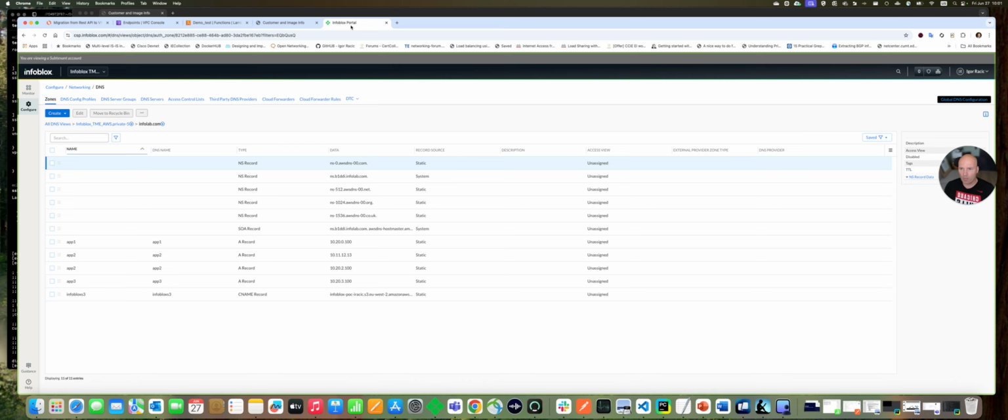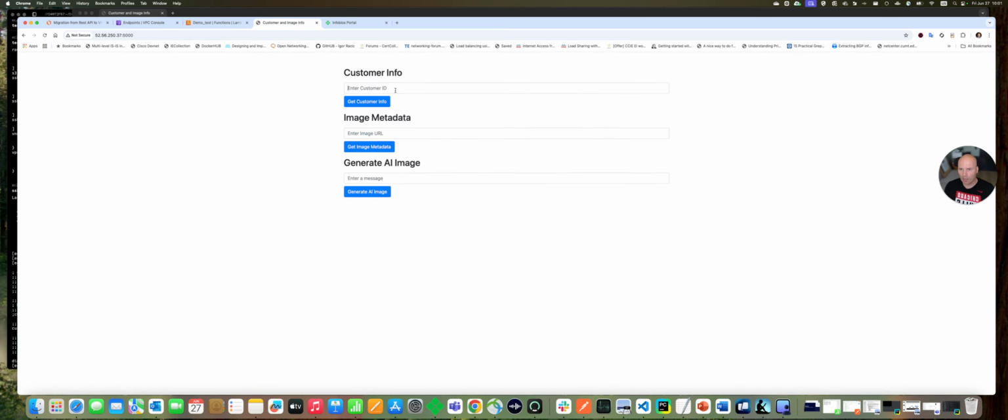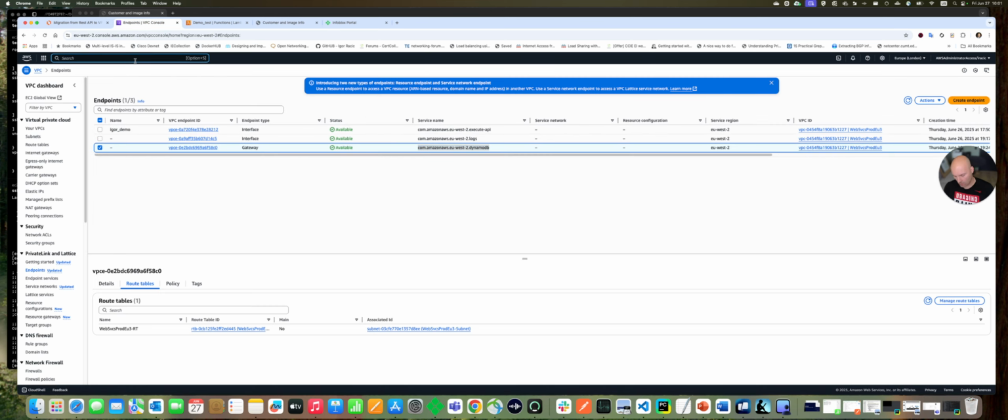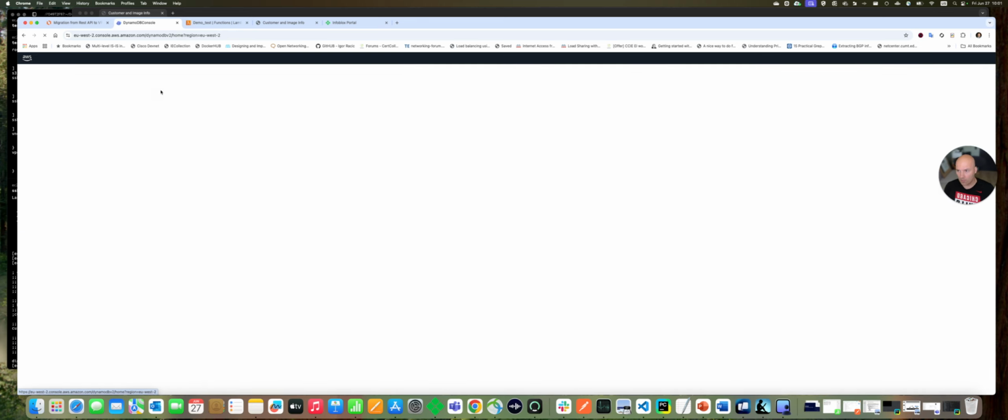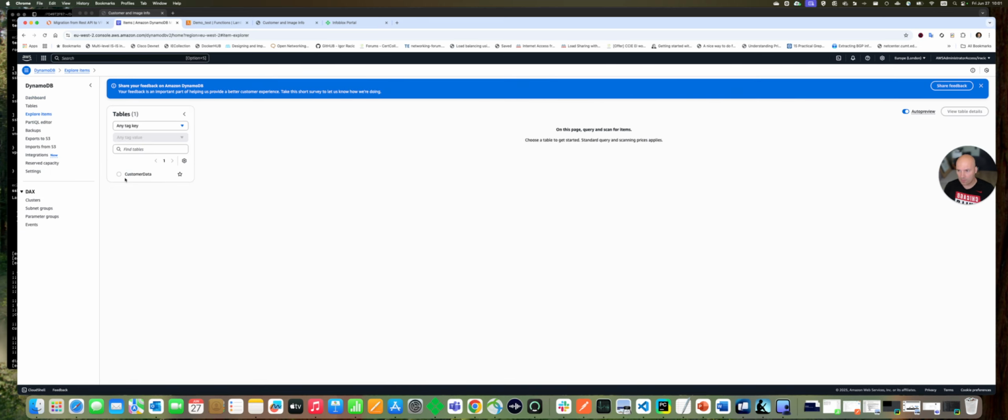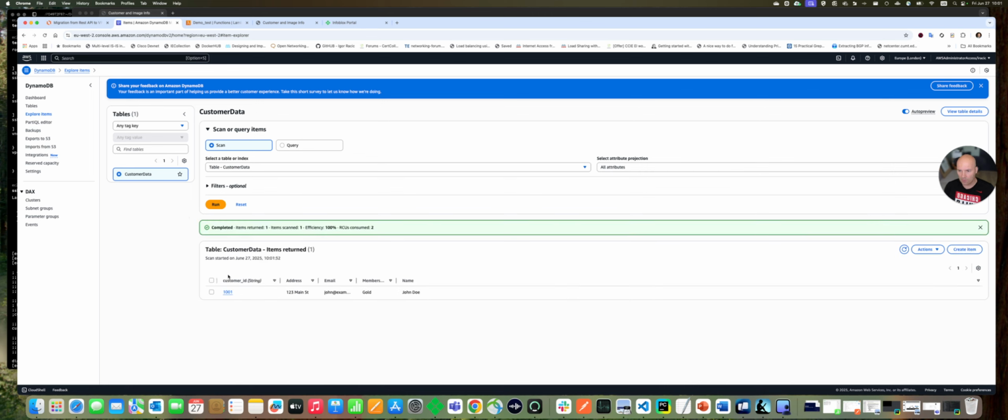So if I go here and try to query and use the key, which is going to be the customer ID, if I go to DynamoDB and explore items, customer data, I'm using the customer ID here as the key for searching. So if I go back here, I'm going to show you